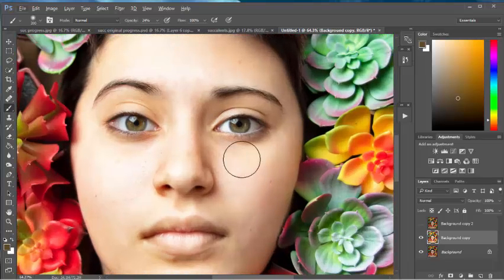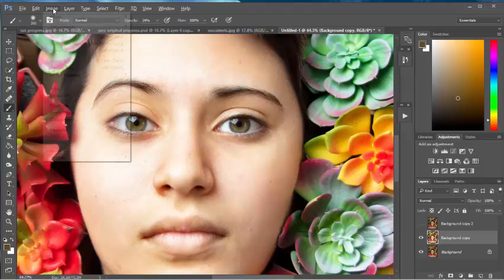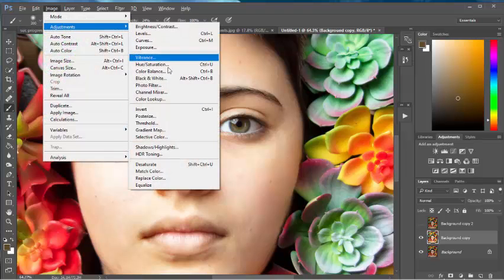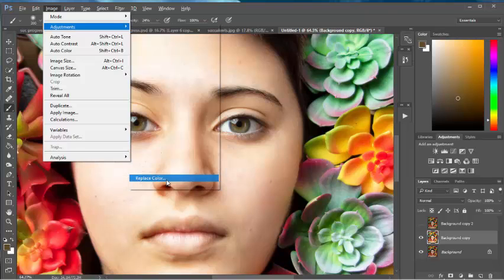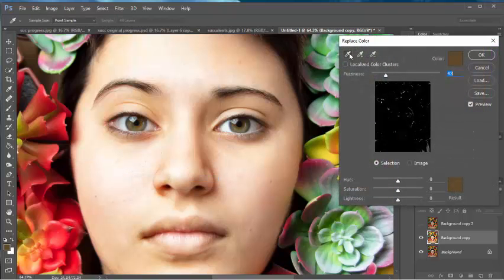I like to bump up the color in the eyes. In real life, Eve has these beautiful eyes. They can look gold in the right light, or they can look bright green. It just depends on what she's wearing and what kind of light is hitting her. So I want to bring that out because that didn't come across in the image like I really wanted it to. So again, I'm going to go up to image, adjustments, and this time I'm going to go down to replace color. And now with the dropper tool here, I'm going to select the color of her irises,